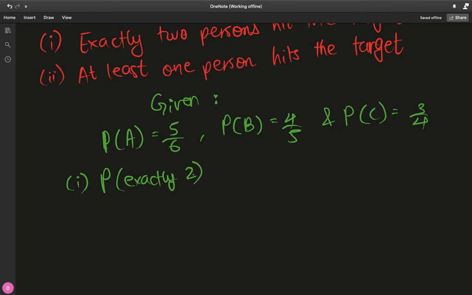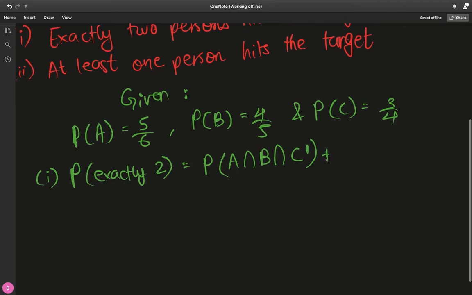So let's write that as this is equal to, that happens when A hits the target and B hits the target and C doesn't hit the target. This is a complement, by the way. Or other possibility, so for or we add,